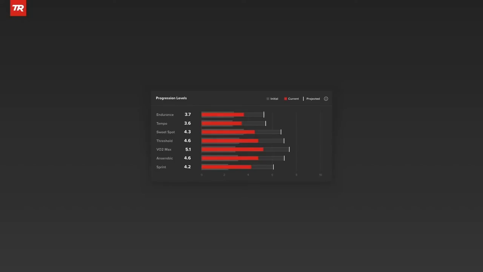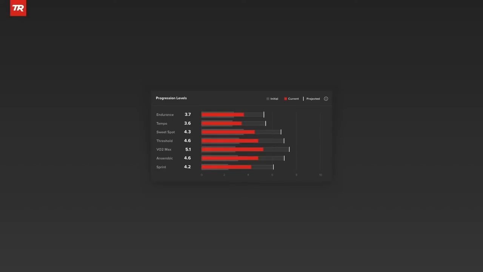Now, one thing that we've seen on this and that we're very worried about is that everyone might want to be level 10s throughout everything. You don't need to do that. This is a reflection of where you're at right now, and it's going to change a lot. If you're a triathlete and your sprint says level 2 or level 1, you don't need to make it level 10. But if you're a crit racer and your anaerobic says level 1 or 2, that's probably a bad thing, right? But our system will automatically help you improve that without you having to worry about it.